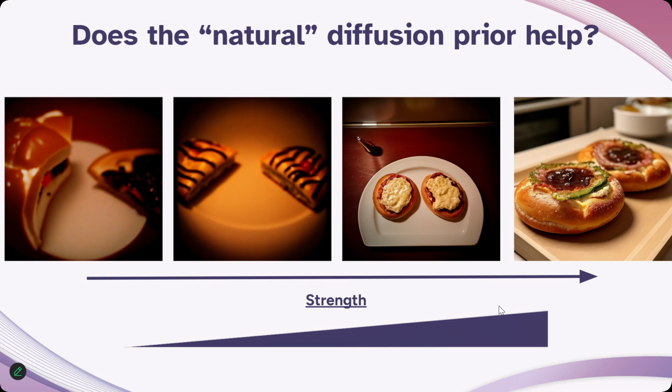So now we can ask an interesting science question. Does this natural diffusion prior actually help with our reconstructions? We saw earlier that some of our reconstructions were from the simple stimuli and all of the natural details get completely hallucinated, but for the images where those natural details actually help for the complex stimuli, how much of that prior should we use in our reconstructions? How much of it should actually be pulled from the brain and how much should be helped along by this diffusion model? So we can control this and experiment with it through a parameter in the diffusion model